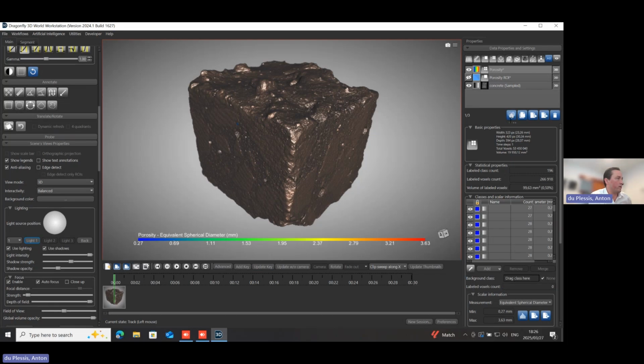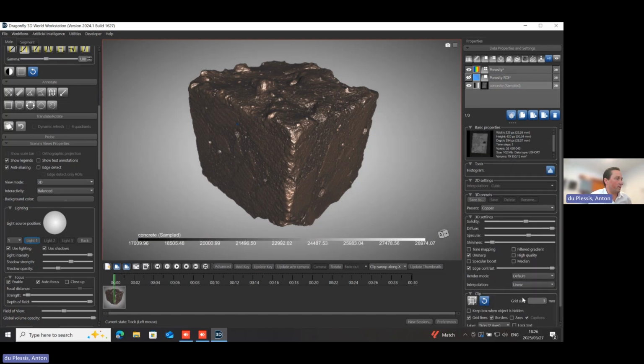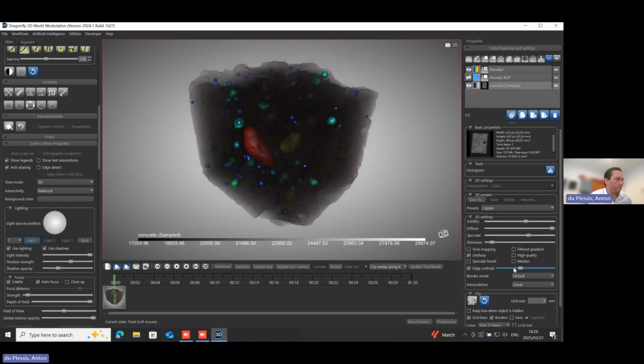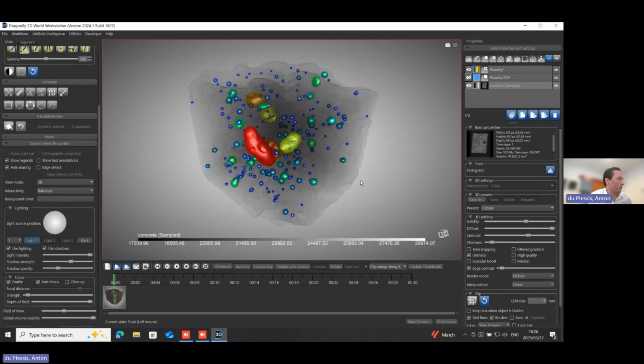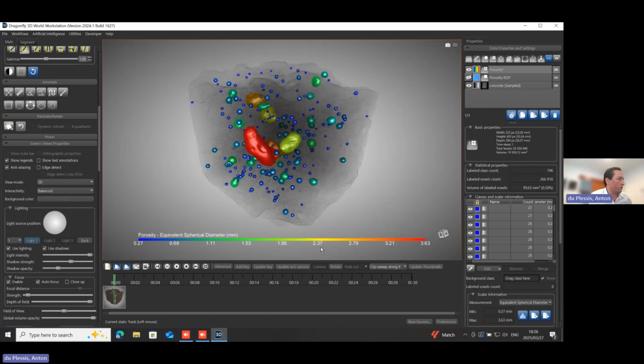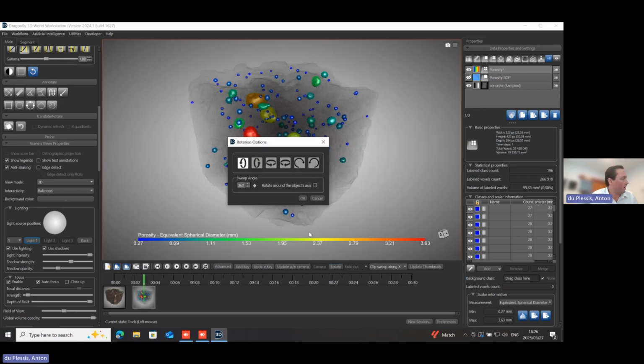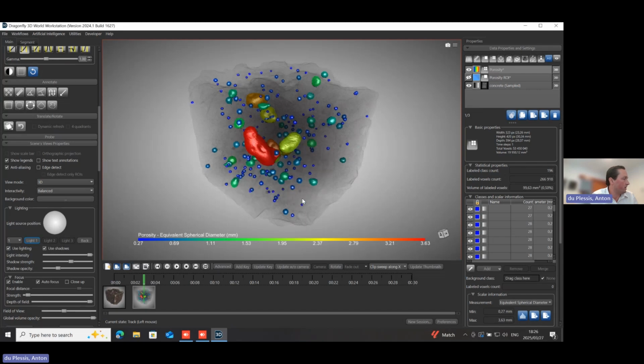The next step would be then to go back and make this transparent up to the transparency that we're interested in, like that, and click again on the porosity to make it active to show the color bar. Now we can add this as a key. And at this point, once we've got it transparent, the next step in the video can be to make a rotation. There's a rotate button here, and we can use a standard rotation through 360 degrees.